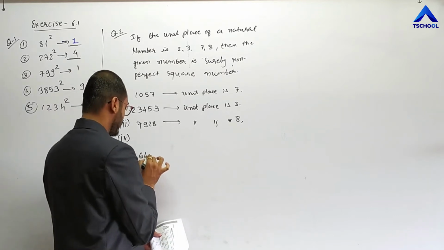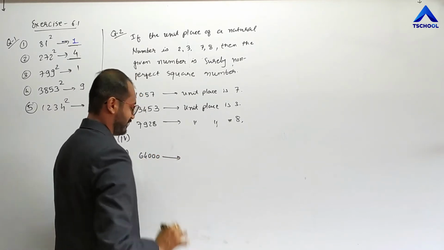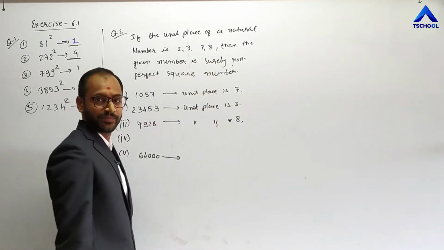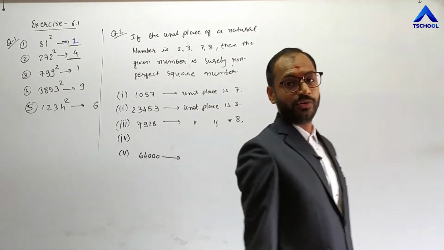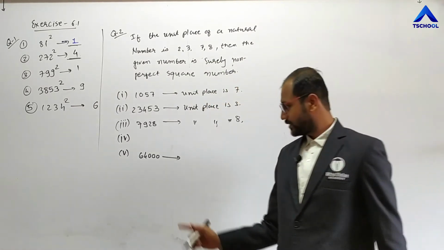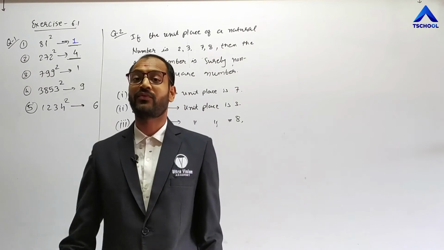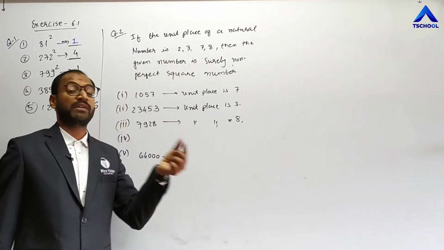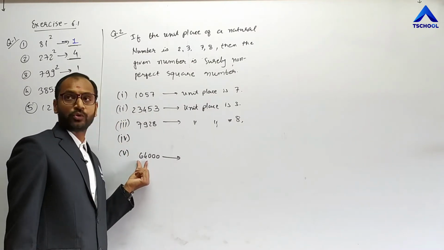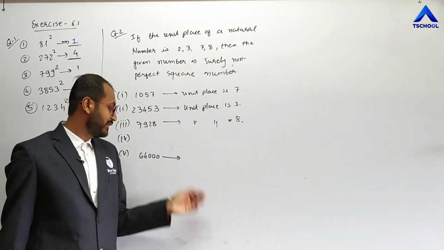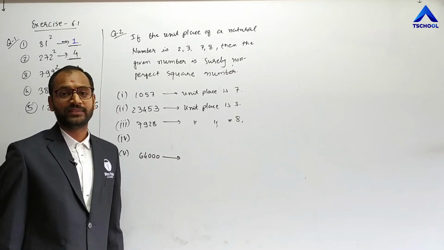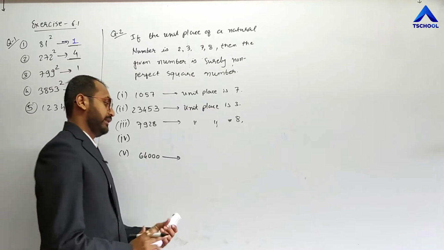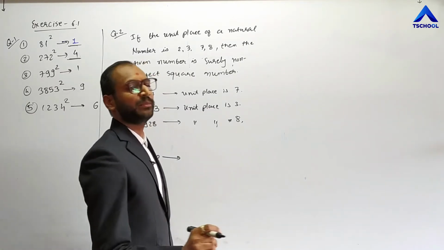6, 4, 000. Here, this 0 is not out of these numbers. Clear? 0 indicates this number may be a perfect square or may not be. And we know that the square of 8 is 64. But here, there are 3 zeros. Clear? We learned that there is only one possibility